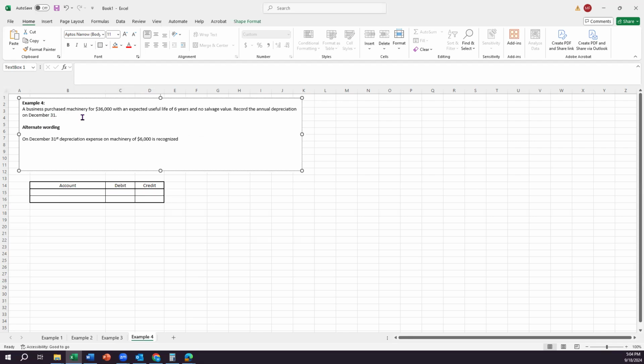Last one, a business purchased machinery for $36,000 with an expected useful life of 6 years and no salvage value. Record the annual depreciation on December 31st. Okay, so to do that, we just say it's the cost minus any salvage value, and there's none, so 36,000 minus zero, divided by 6 years gives us $6,000 per year. So we'll do our adjusting entry, depreciation expense, $6,000, and then accumulated depreciation